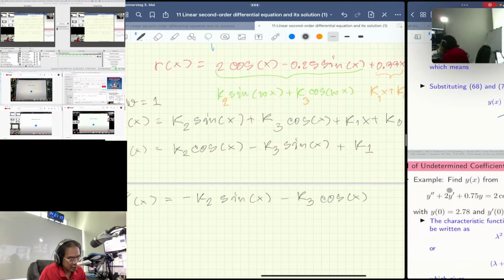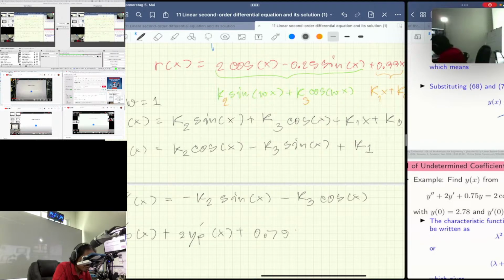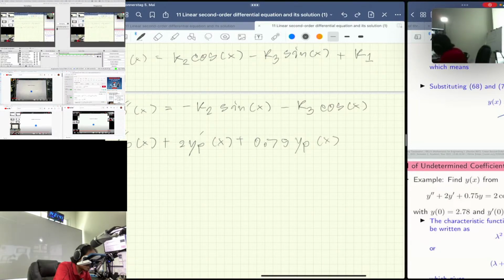And we are going to combine them into this: yp double prime(x) plus 2yp prime(x) plus 0.75 yp(x) will be equal to, first term here, negative k2 sine x, negative k3 cosine x,